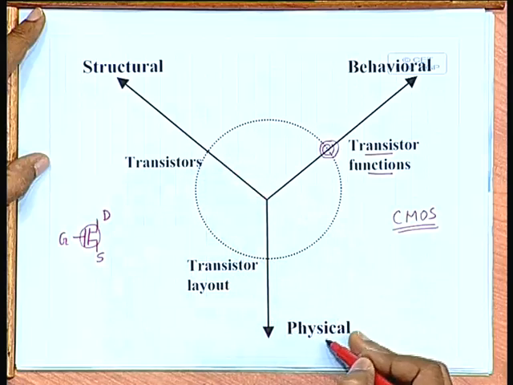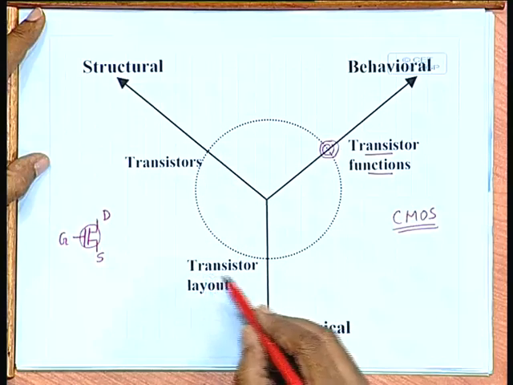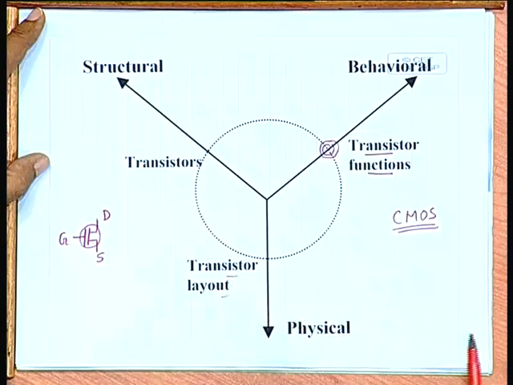And finally, at the physical level, we get the actual layout of the transistors. So, this Y diagram and the way we proceed from the outermost circle to the innermost circle tells you the different levels at which we can carry out a design and the three aspects of the design: behavior,